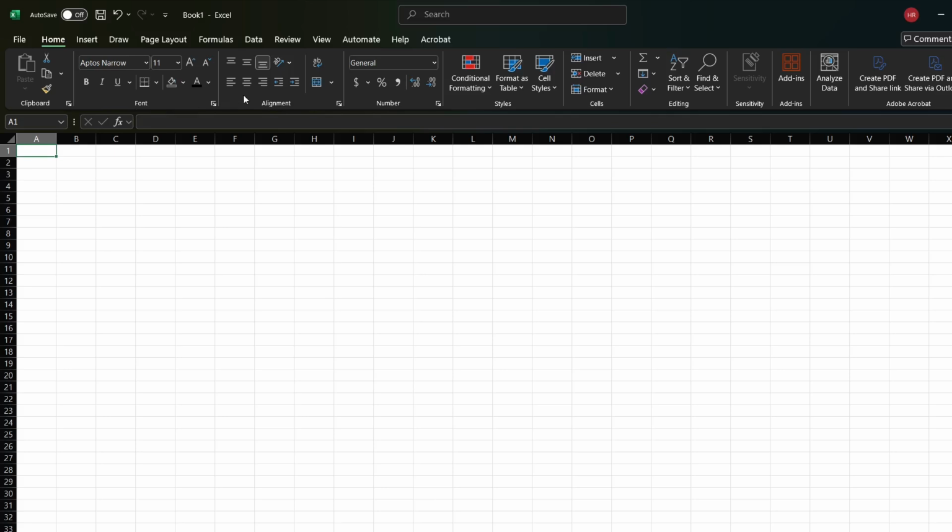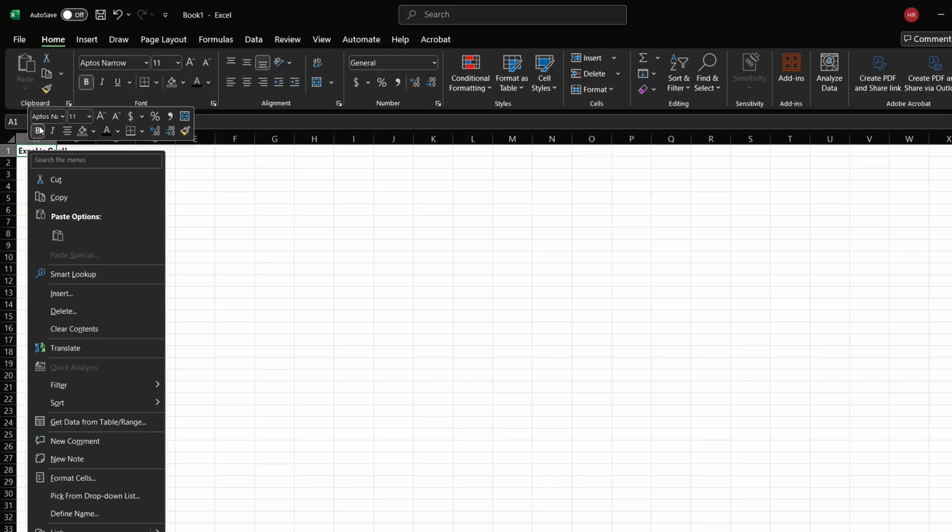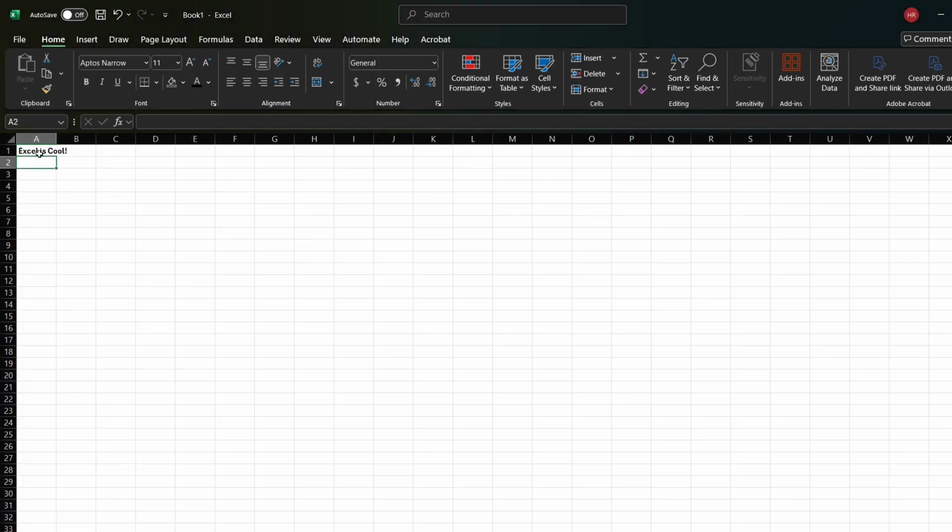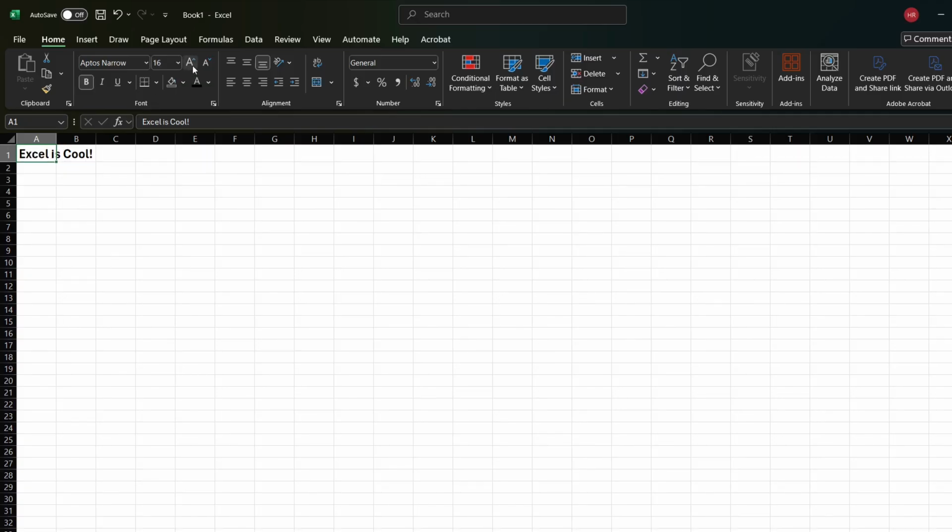Most of the Home tab is about formatting, so you'll see things like text and font size and coloring, and this is really great for making your spreadsheet look awesome. So to start, I'm simply going to type "Excel is cool." I can bold the text by right-clicking here and clicking this, or simply by doing Control B as you would in any other text editor. I can increase the text size here